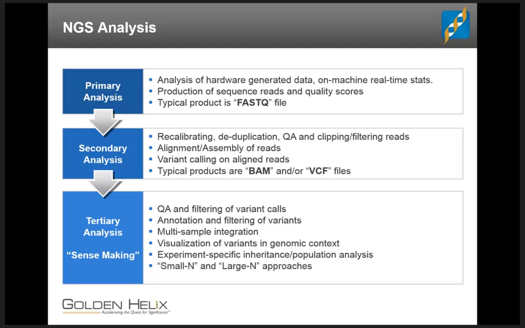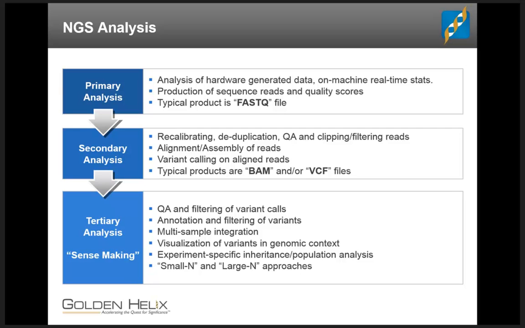Primary analysis largely is done on the sequencing machine, and typically results in something like a FASTQ file where we have all of these short sequence reads together with base-by-base quality scores. Secondary analysis then is the process of taking all of those short reads, aligning them to the genome, identifying where there are some variations, so where there's a SNP or an insertion, deletion, or any other type of polymorphism,